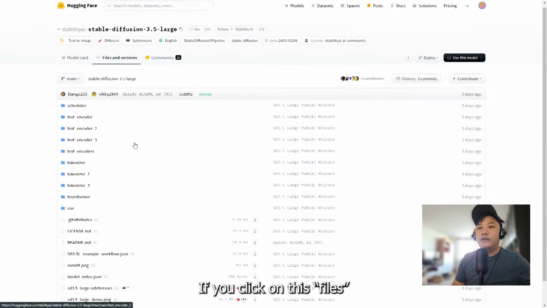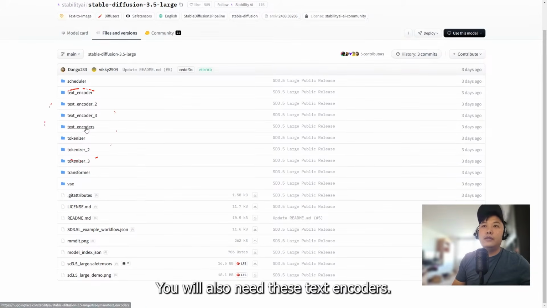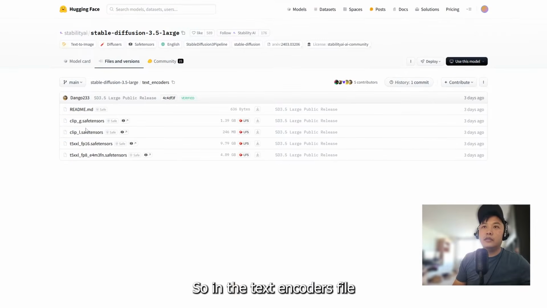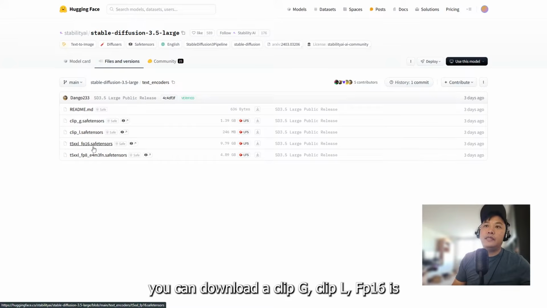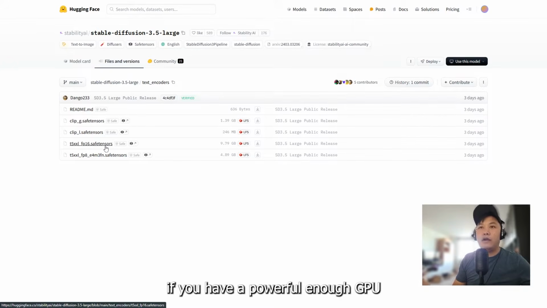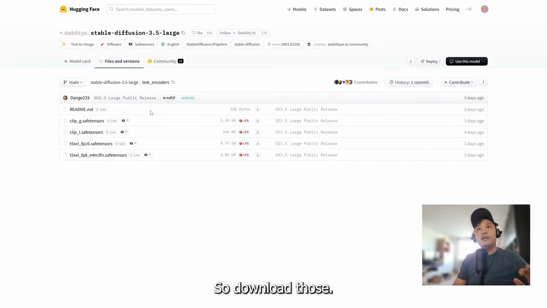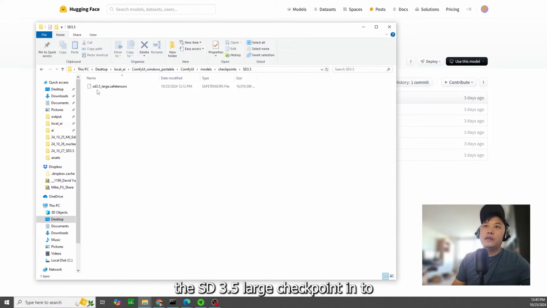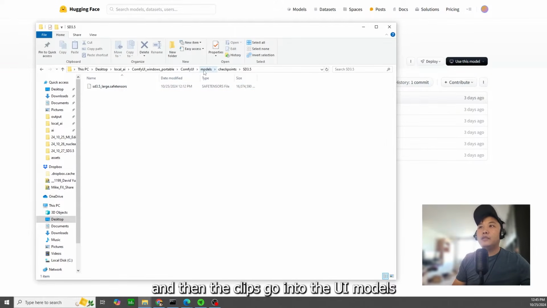If you click on this files, we're going to download this SD 3.5 large safetensors. You will also need these text encoders. So in the text encoders file, you can download a clip G, clip L. FP16 is if you have a powerful enough GPU, and then the FP8 version is a modified version for lower VRAM systems, but you will need 3 of these clips. So 1, 2, and then either the high VRAM or the low VRAM versions. So download those. You move the SD 3.5 large checkpoint into your checkpoints folder, and then the clips go into